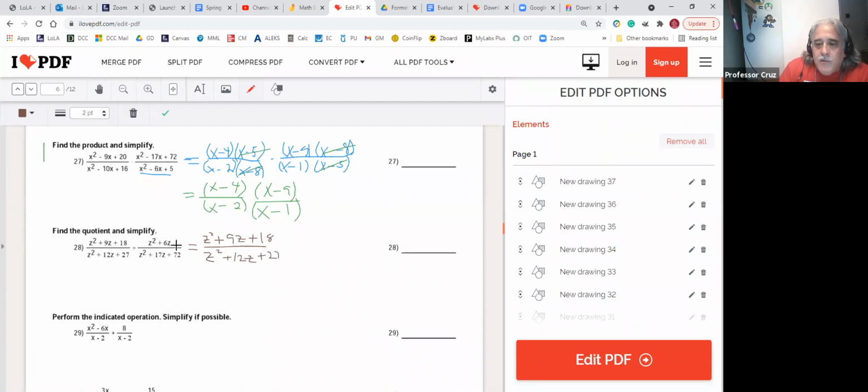So to divide, we take the second number and change it. So that means up here, and down here is